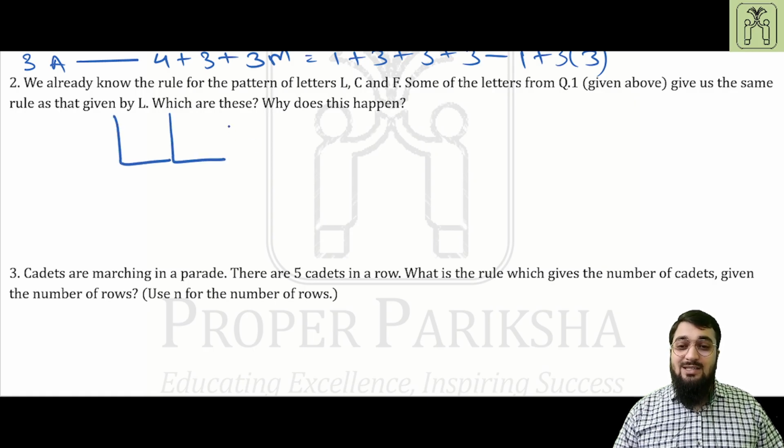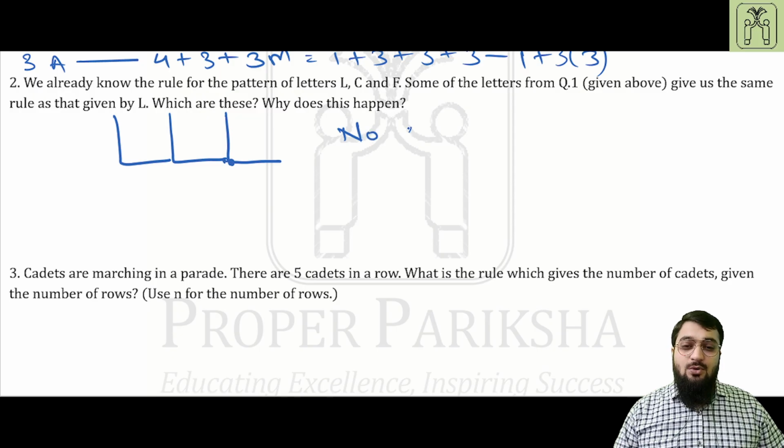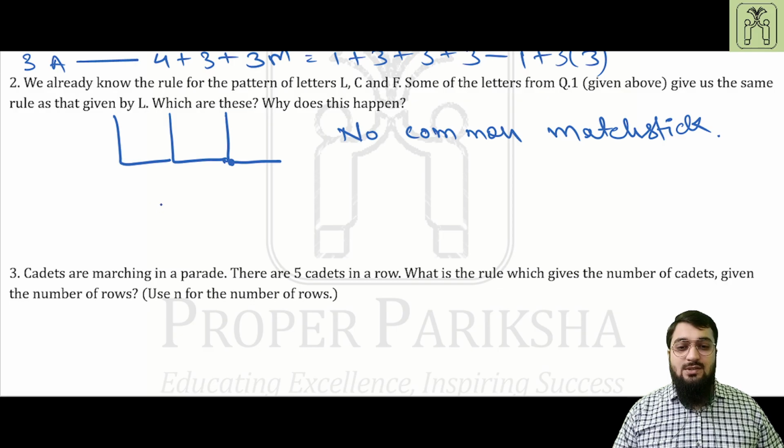It is that it just intersects each other at adjacent vertices, like the vertex over here and this vertex over here, but it does not have any common matchstick,